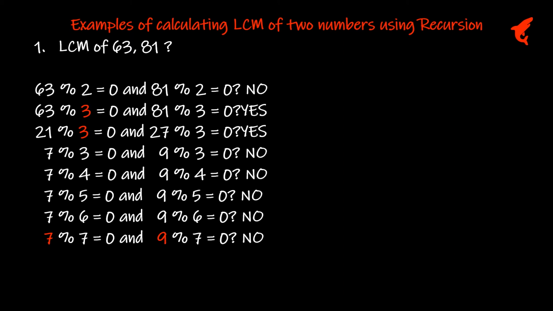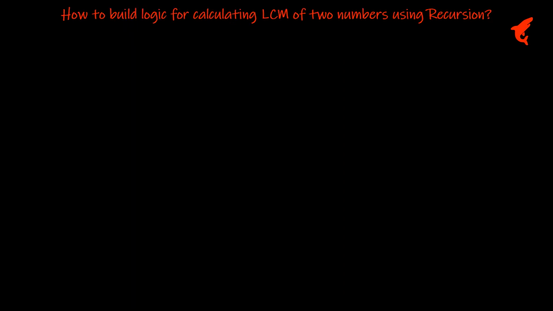And so what we do is that we take these values which we have at the end, 7 and 9, and also those divisor values which could completely divide the number values simultaneously, and we do their product. So 3 into 3 into 7 into 9, and what we get is 567, which actually is the LCM of these two numbers, 63 and 81.